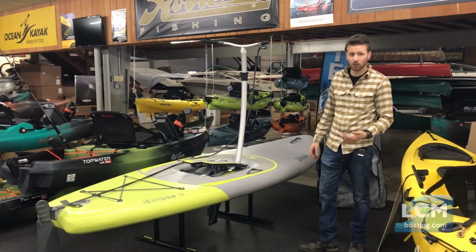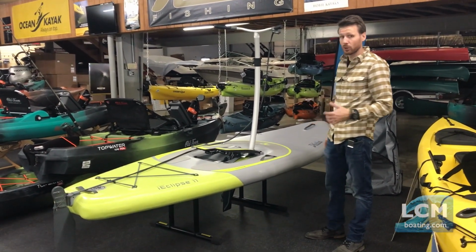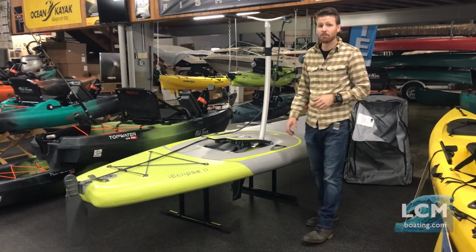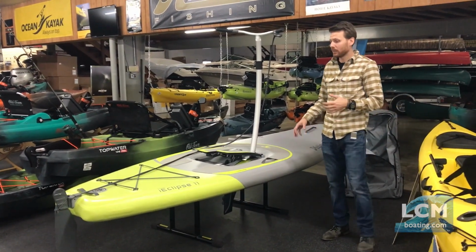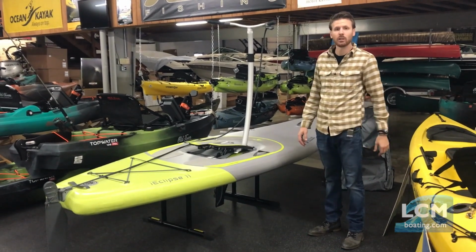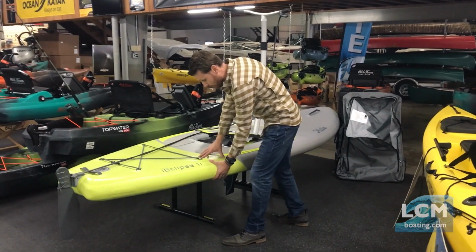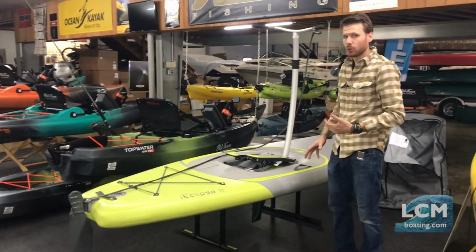We just received these at our store. This is in the seagrass color right here. It's the only color being built. The Mirage Eclipse 11. This board is made out of 550 denier PVC, and they use a diagonal drop stitch design to build this internally. This is unbelievably rigid. It's crazy how rigid this is, and